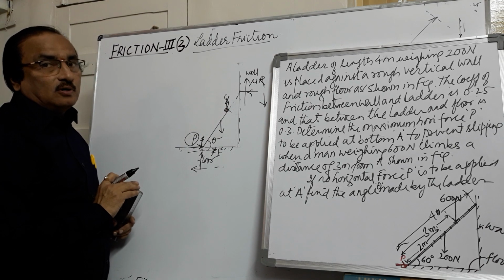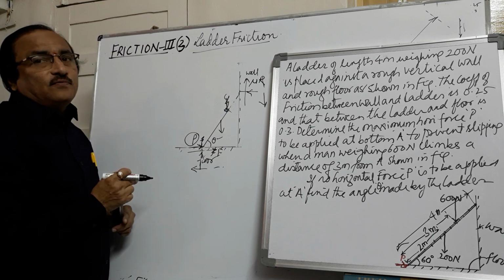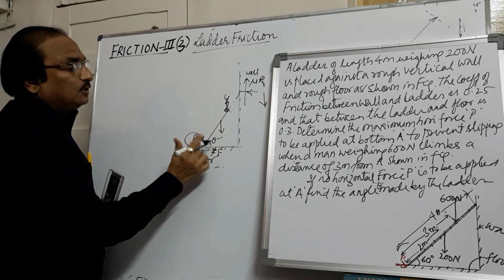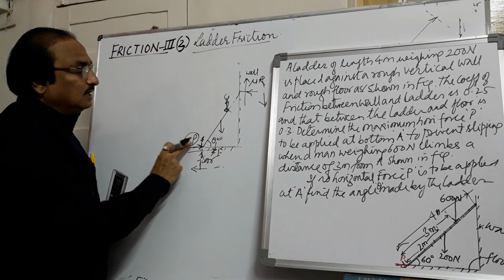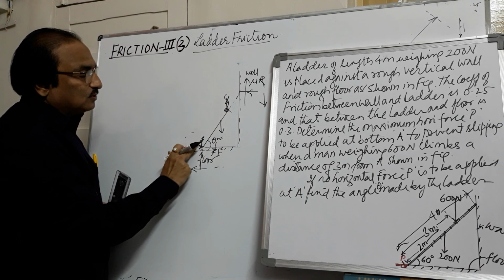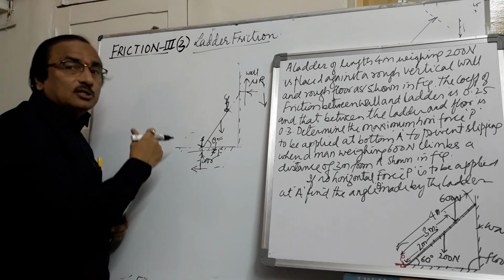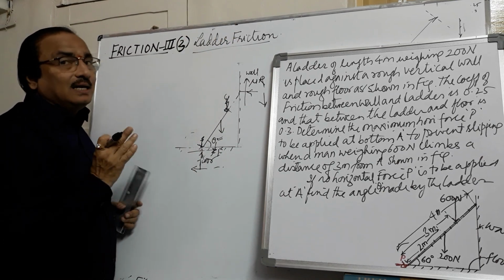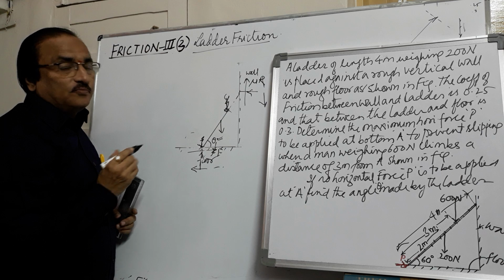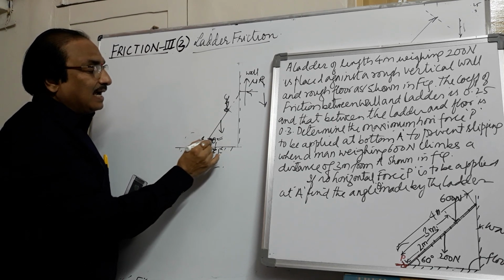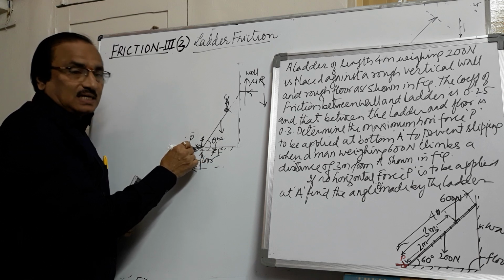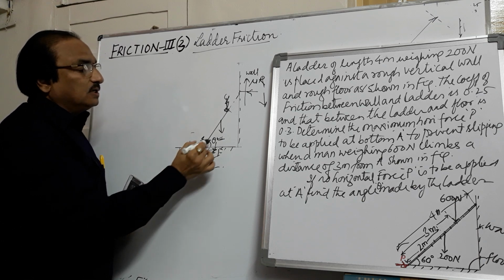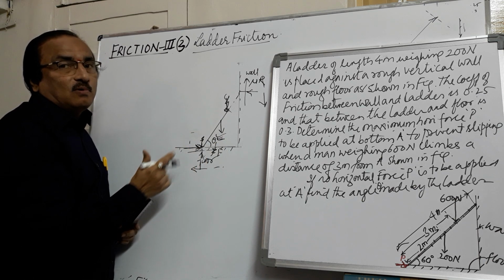This is one type of problem. Or if nobody is there to support, you will have to change this angle. Suppose I change it to theta 1, so here there will be no force acting, and the man can climb up the ladder on his own. So these are the two types of problem we come across. One is that the angle is given to you and you have to find the horizontal force at the bottom. Second is no horizontal force here, and what should be the angle provided for the ladder.